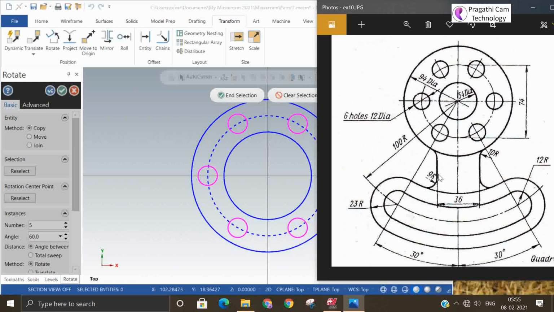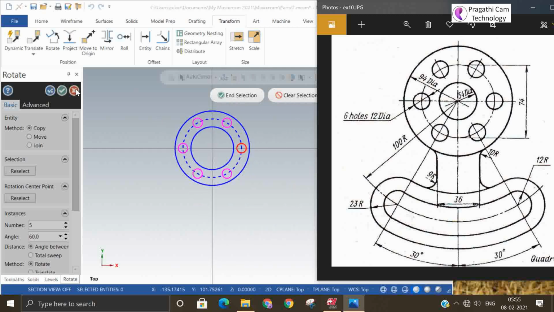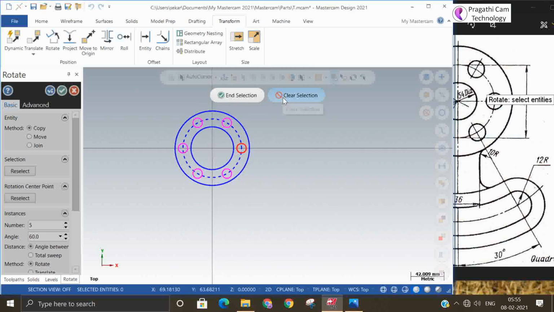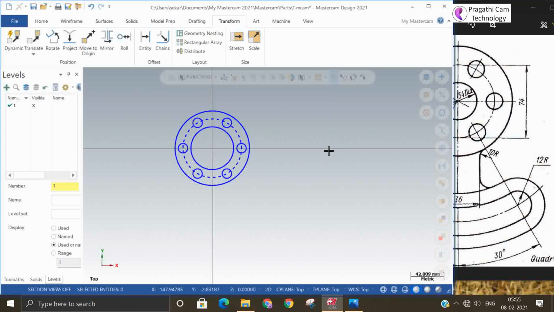So what is left out is the bottom one. It's two lines, 30 degrees apart. Now first we'll take the line command. So the top portion is over.